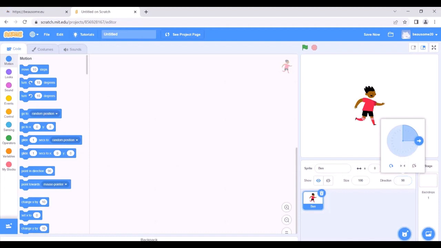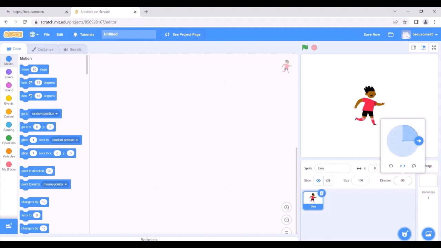There are two arrows here. If you click on it, you can see if I change it a little bit, it's not changing. If you change it in the opposite direction, we can see that our sprite changes left or right. So if I have it -90, my sprite will look left. If I have it 90, my sprite will look right.